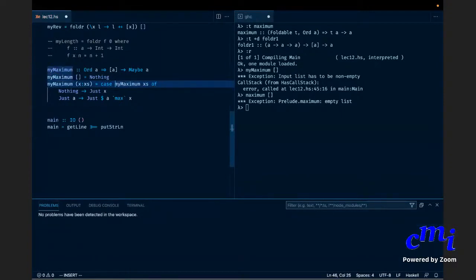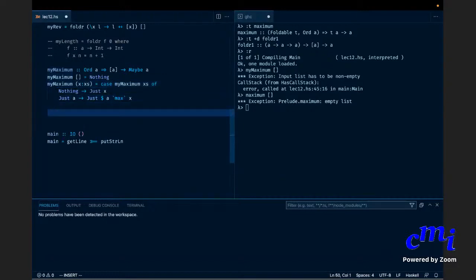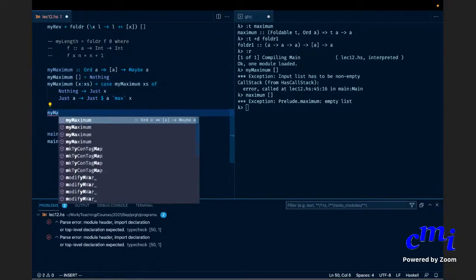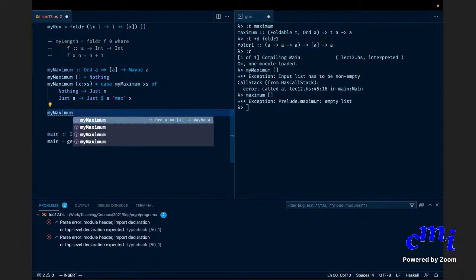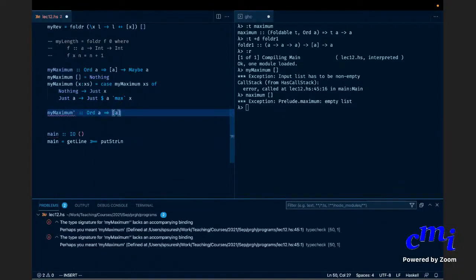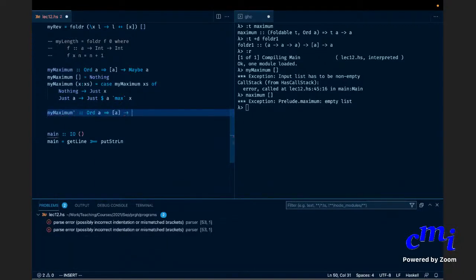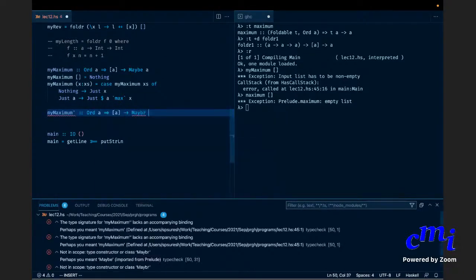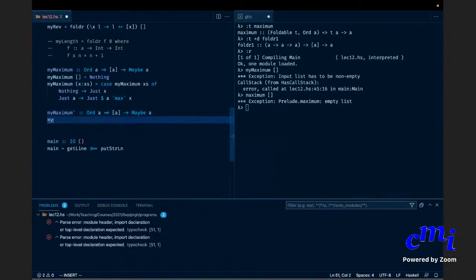Okay, fine. It accepts this. So how do you express it as fold? Can somebody tell? My max, let me call it my maximum prime. Again, it is Ord a implies list a arrow Maybe a.